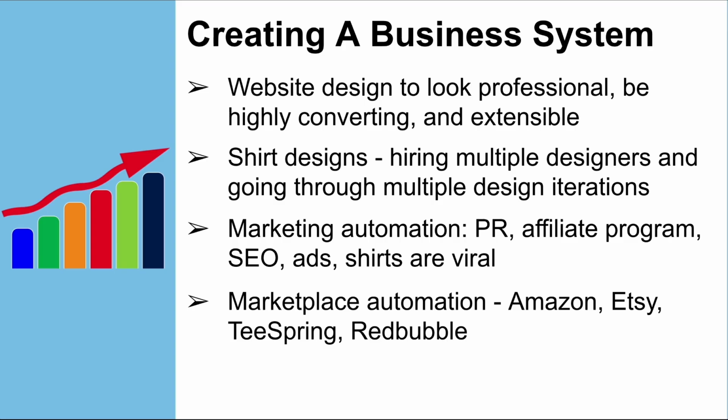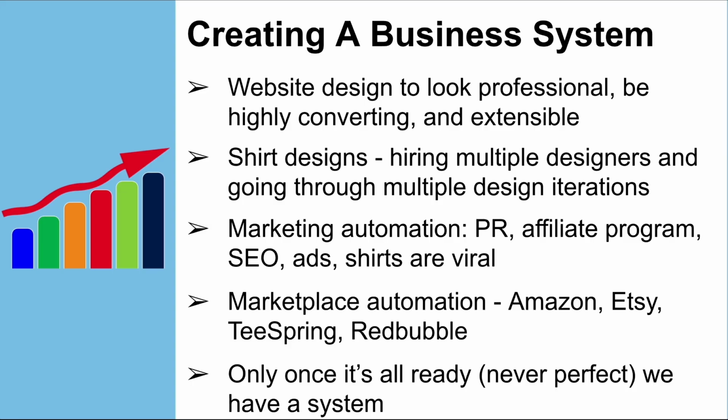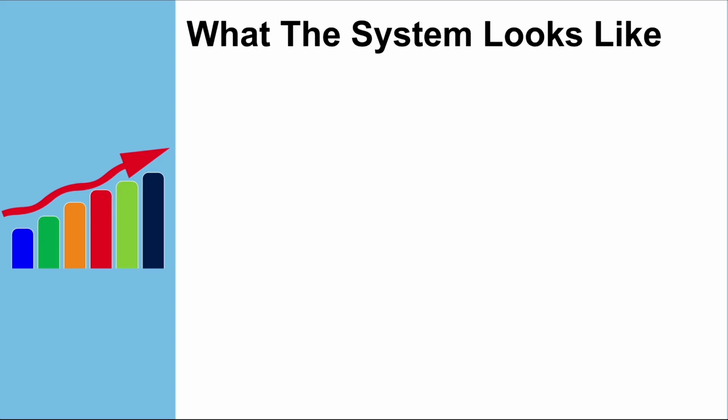So in the short term, I don't care about these t-shirt sales. But in the long term, my goal is to build a business system where the brand is so strong that people may search wherever they're comfortable, whether it's Google, Amazon or Etsy. So all these sales are auto-generated essentially, because I'll also be creating a brand, and that will help me jump over a lot of my competitors on all of these marketplaces. So you see, the potential is big if you set the right foundation. Only once all of this is ready, once I have a system, I'm ready to promote. So what does the system look like?